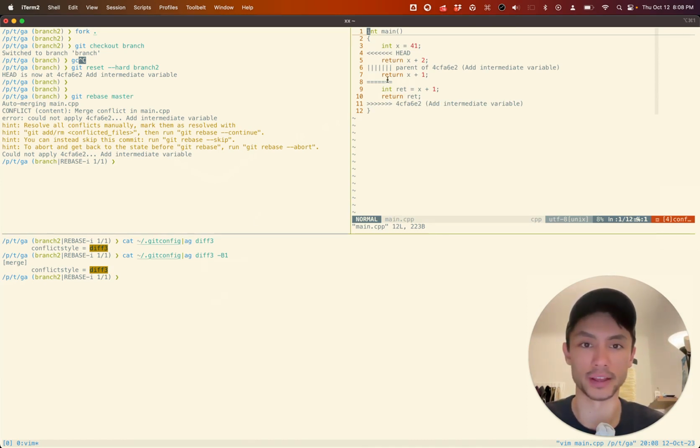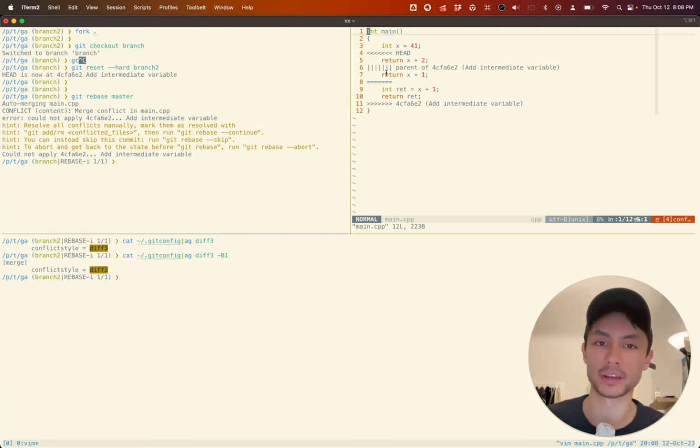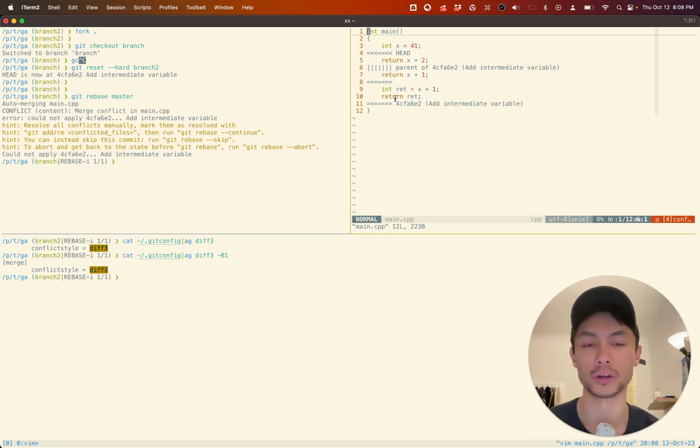And the important part is this middle hunk, this middle section. That's what the diff3 gives you. You do not get this otherwise. You get, I think, just the top part and only the bottom part, which is not enough information to resolve the conflict. But with diff3, you get, so first of all, the middle part is the code before either change happened. Then on either side, you can see the two competing changes that are both trying to modify this part of